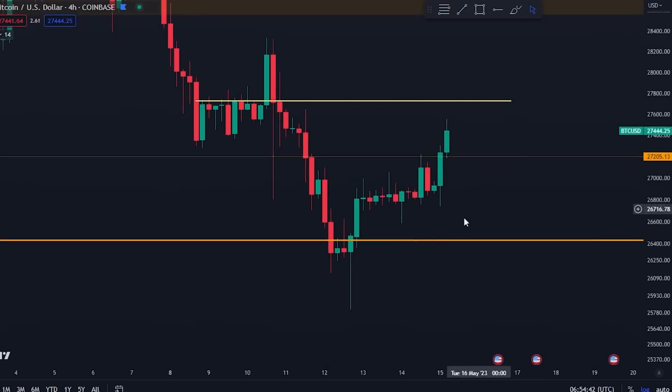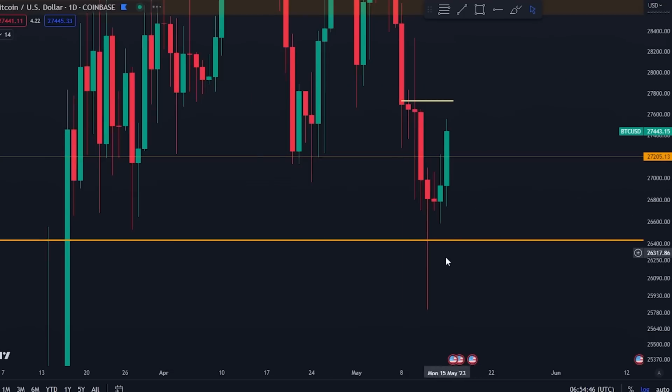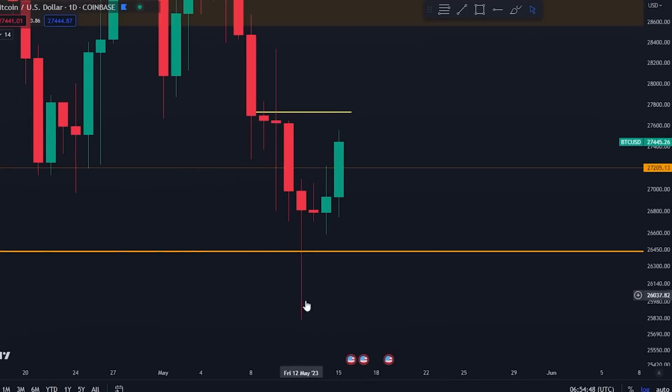But a big thing for the orange line to be holding on the daily time frame, which it managed to do, is, as you know, a couple of days ago I was saying that I wouldn't be surprised, and we were trading down here, I wouldn't be surprised if we see a pump above this orange line and ultimately closes above this orange line,